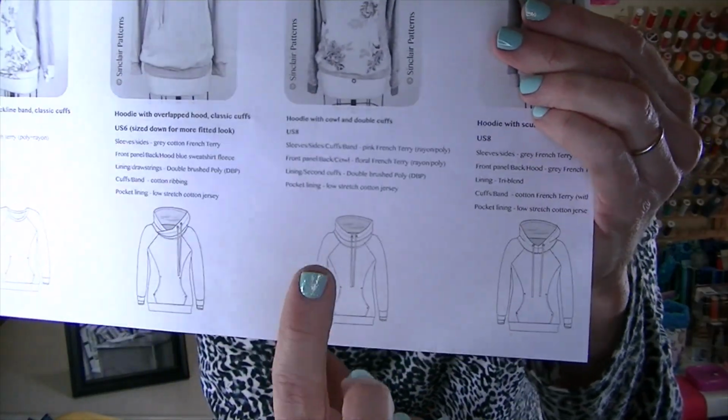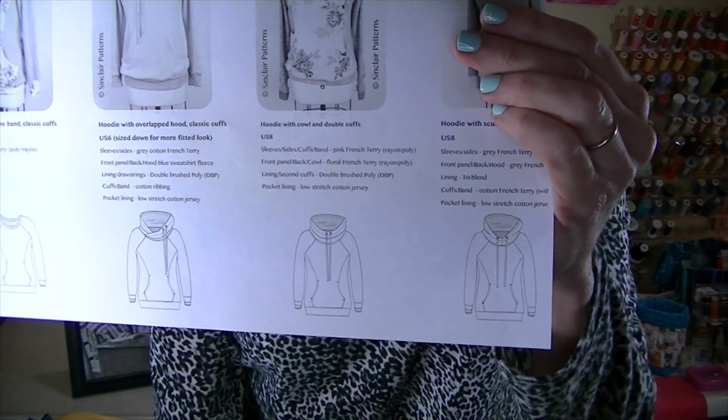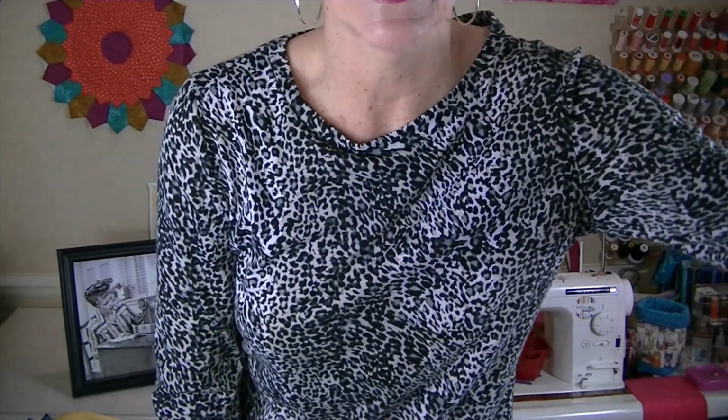version, but I'm not going to do the grommets or the drawstring. I really don't. I have a couple shirts that have that option and I never use it, so I'm going to make it without it and see how that goes. And the fabric combinations I'm going to use are these three